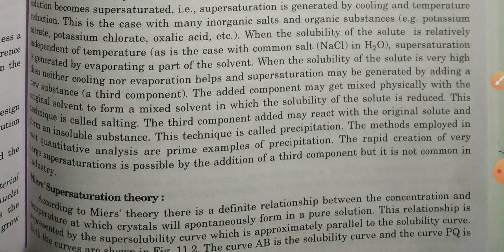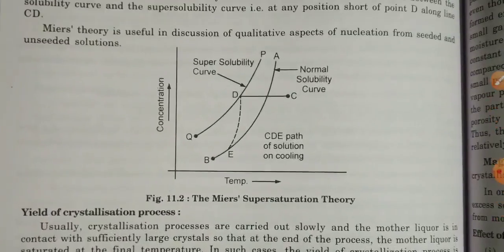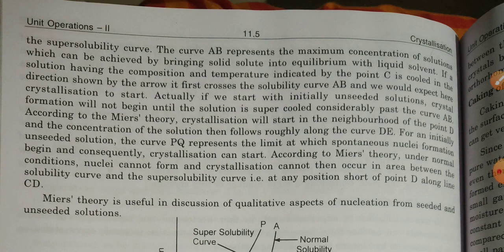It gives a relationship between the concentration and temperature at which crystals form spontaneously from the pure component. This relationship is represented by the supersolubility curve, which is approximately parallel to the solubility curve. Okay, both the curves are in figure 11.2, and the curve AB is the solubility curve, and the curve PQ is the supersolubility curve. The curve AB represents the maximum